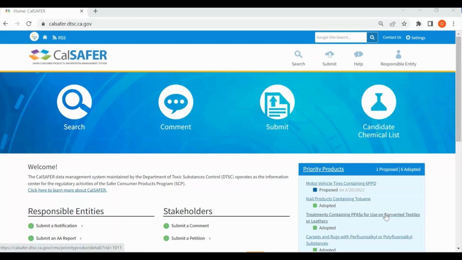or AATN, on CalSAFER. You may submit an AATN in lieu of an alternatives analysis report if the concentration of the chemical of concern in your product is at or below the AA threshold. To submit an AATN, you must first have submitted a priority product notification. Once your PPN is submitted, you can submit the AATN on the same date or by the due date of